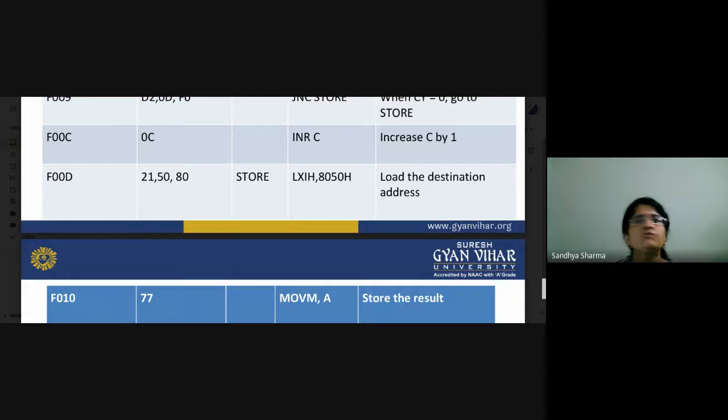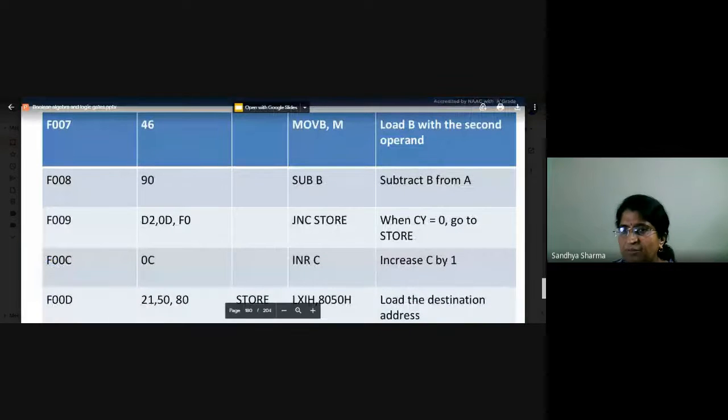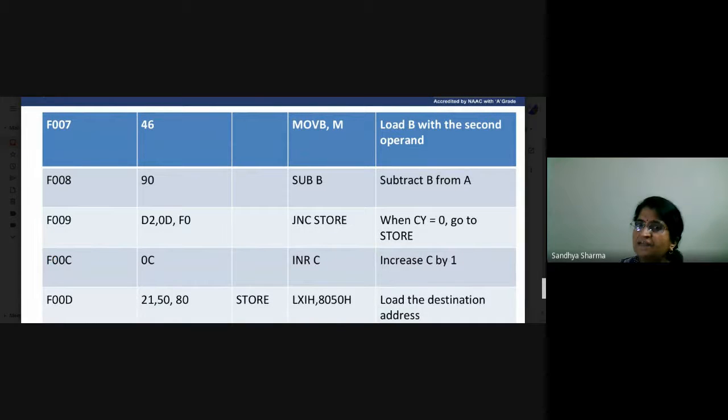So if we are using the add instruction, what type, add C, suppose we are using add C, or subtract C, or subtract B. So what is here? Accumulator is an inbuilt feature. Here you do not have to specify the accumulator, but you subtract your B from A. So suppose we are using here add C, so now what will happen, you have to add the content of C with the content of the accumulator.